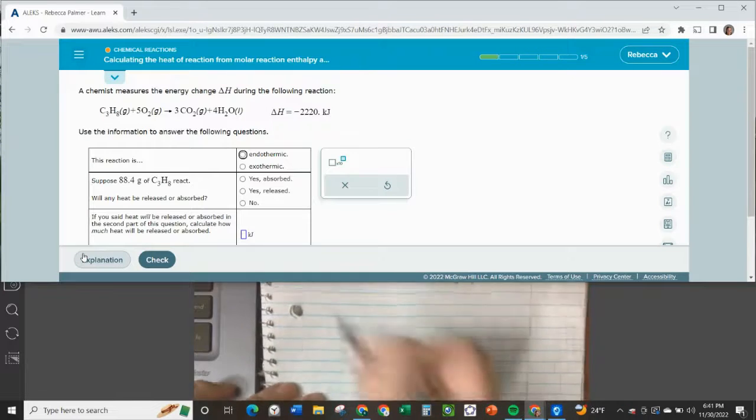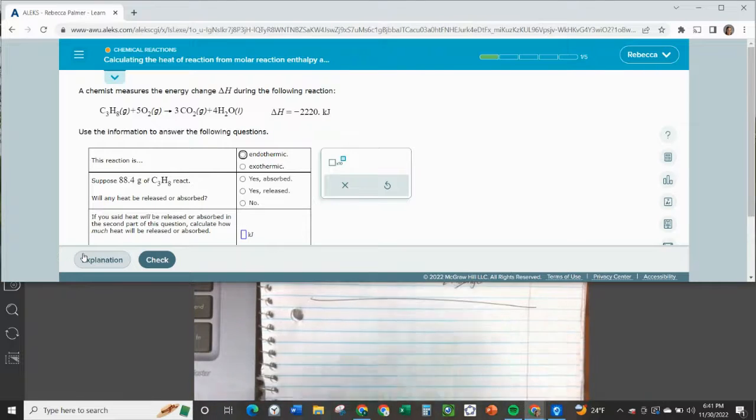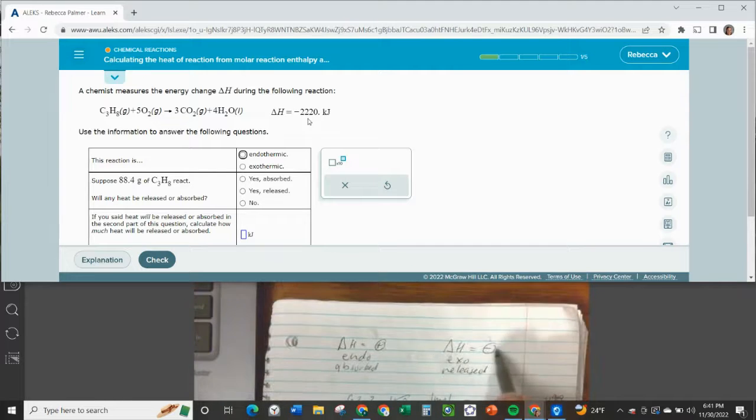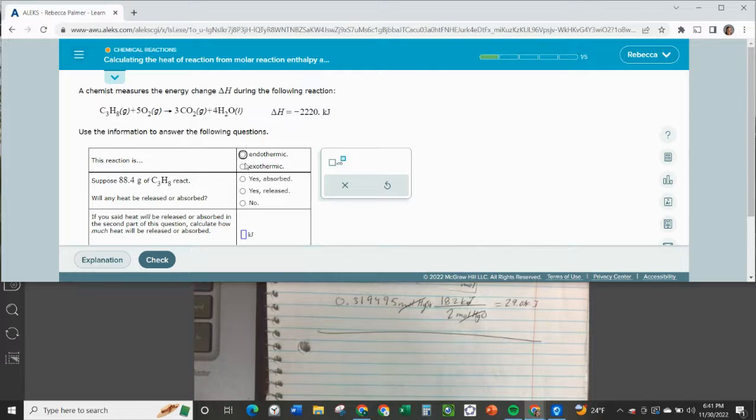So we have a negative number. Do you remember what that tells us? I don't know if you remember, but negative is an exothermic reaction. Heat is released. So exothermic, and again, this box is always yes. It's exothermic, energy is released. And then we have to do our conversion. So it says